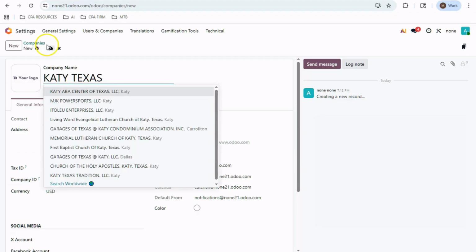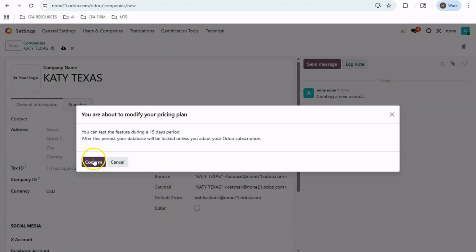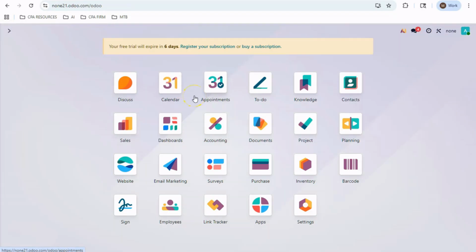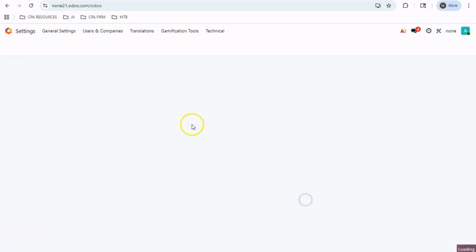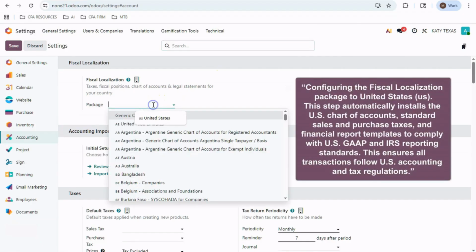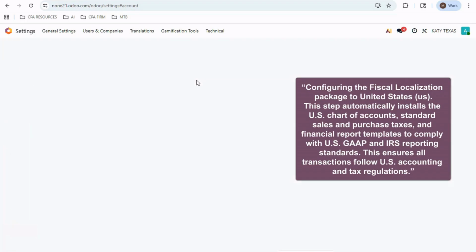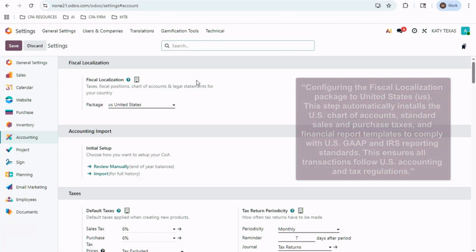Next, we'll configure the locations that control how products move through your system. Go to Inventory, Configuration, Locations, and click New. Create the key locations you'll use every day. After saving, Odoo automatically maps these locations under your warehouse. From now on, every product movement, from vendor receipts to customer deliveries, will be tracked automatically, ensuring accurate inventory valuation